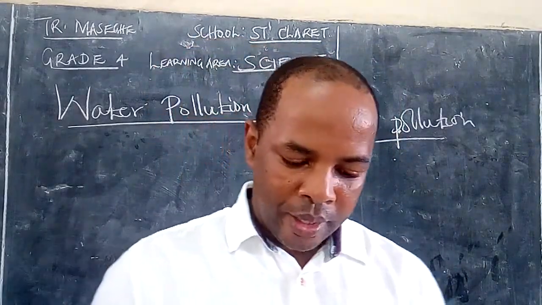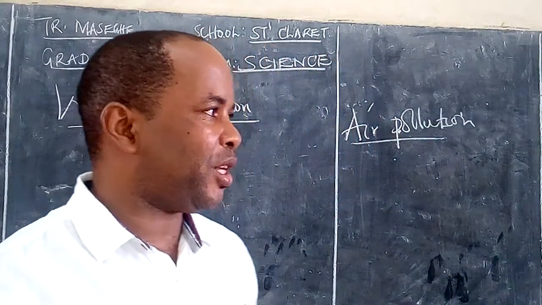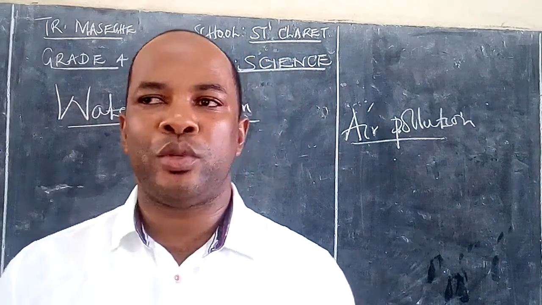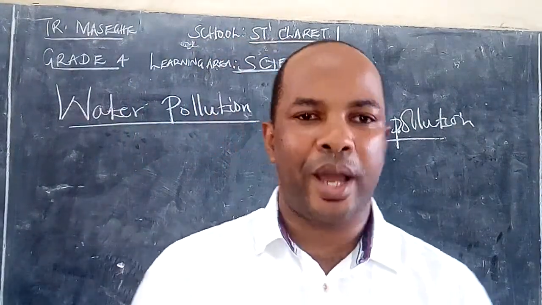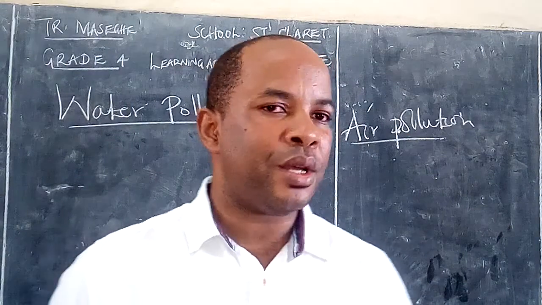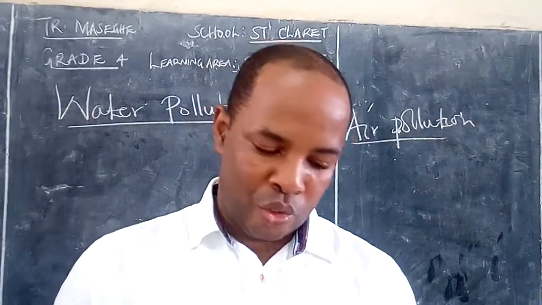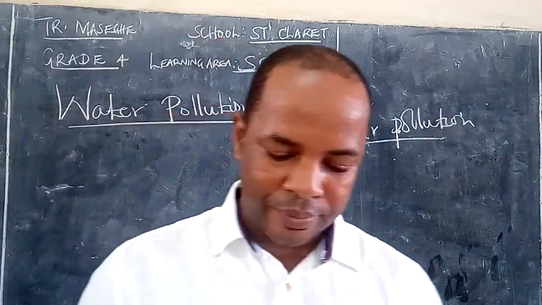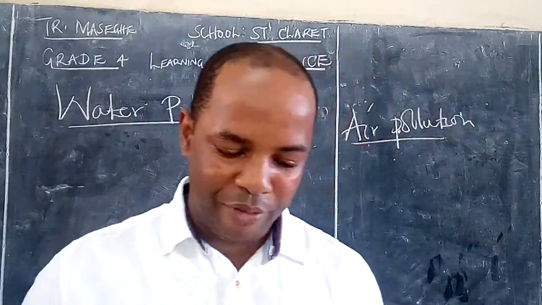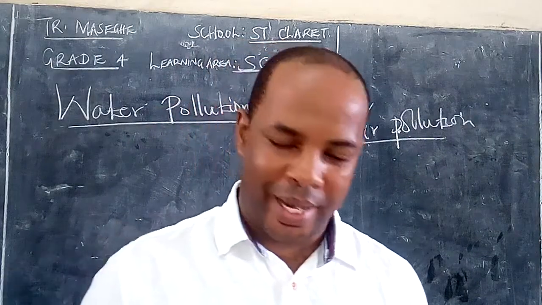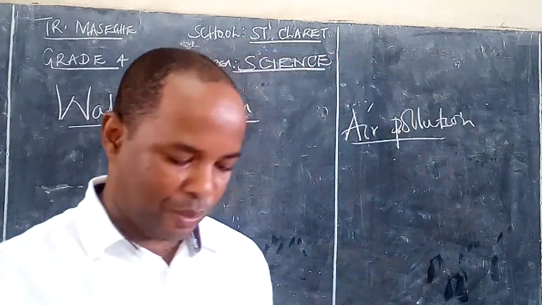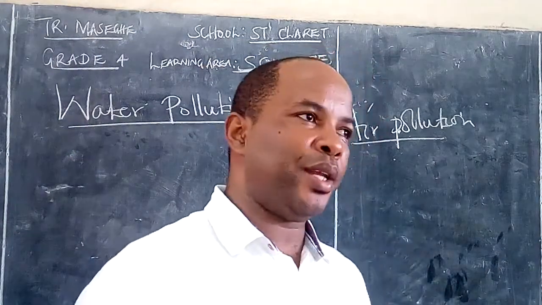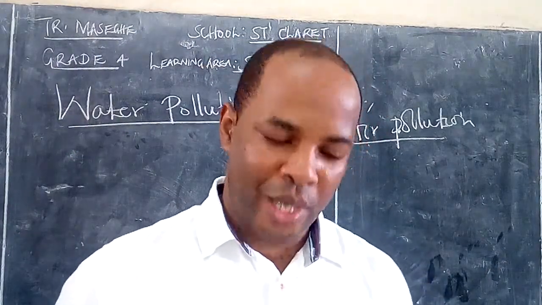Then we went ahead to state some agents of air pollution, and first of all we were able to define what these agents are. What are some of these things that make air to be polluted? So one, we say that substances that cause harm in the living organism are called pollutants. They cause harm to the living organism, we call them pollutants. So anything that is in air and it's causing harm to the organism, then it becomes a pollutant.